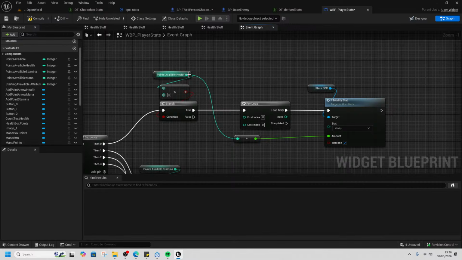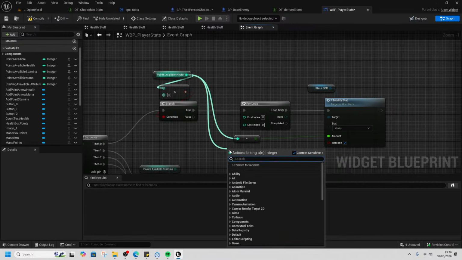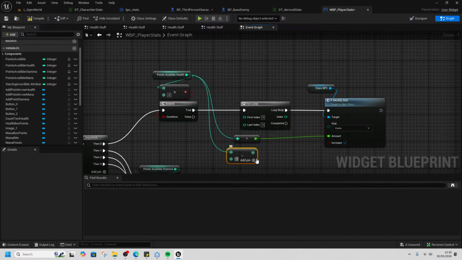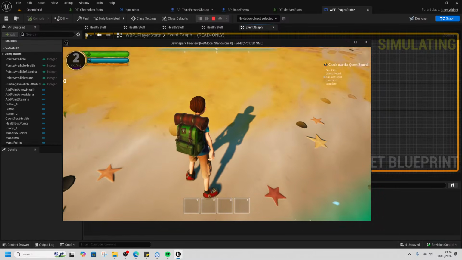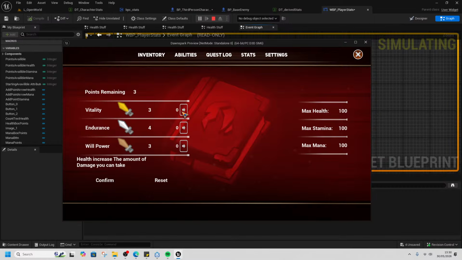Points available minus 1 here. Listen to the last index, and then each time we go around once. Let's just test that. So if I do 2, this should go to 5, and this should go to 300. Ah, feels good to be a genius. 400, not a genius, but